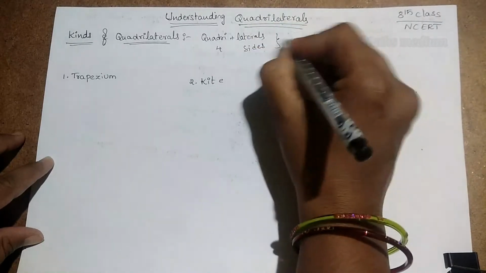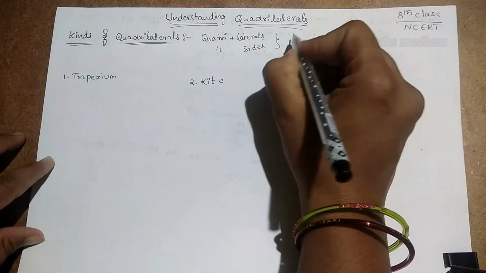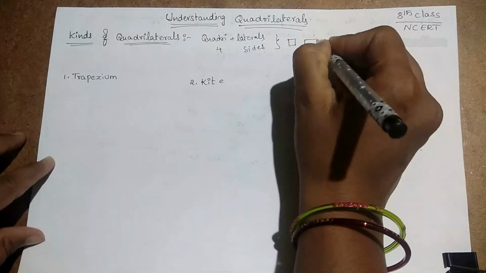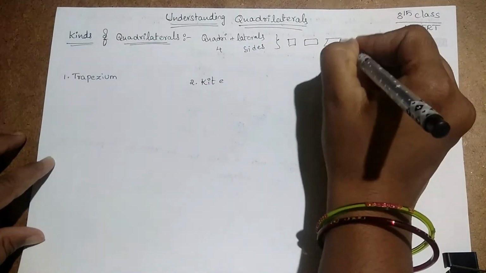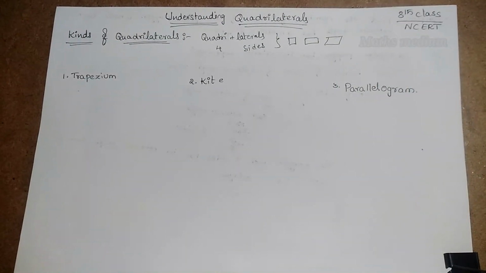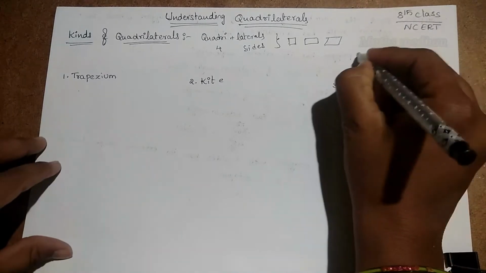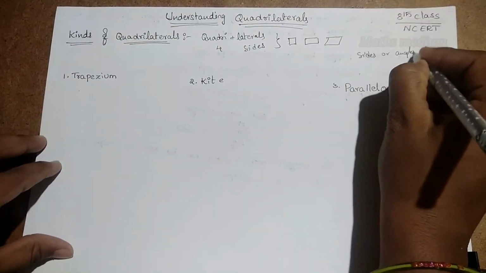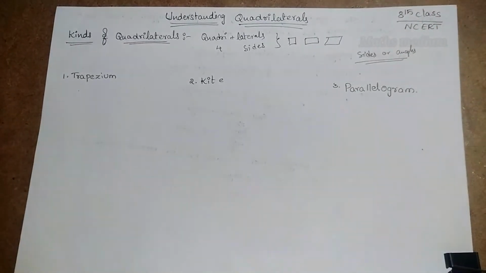We know quadrilaterals, literally, as examples such as a square, a rectangle, or a parallelogram like this. Apart from square, rectangle and parallelogram, we have some other types of quadrilaterals. They are named based on sides or angles. So they got their specific names.